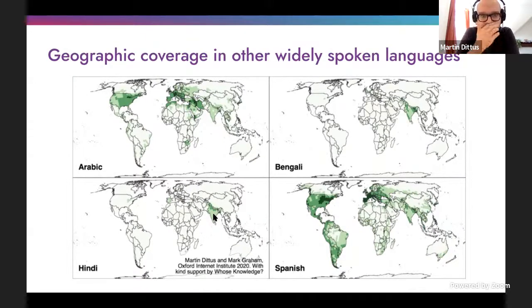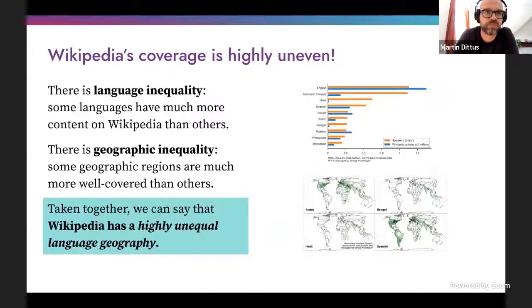focused on places where Bengali speakers and Hindi speakers predominantly live, but there's very little content about other places in the world. And with Spanish, again, we see this very characteristic distribution. Wherever Spanish speakers live, that's where we also see a lot of Wikipedia content. That's something very interesting to observe. So it's the language communities maybe satisfying their own needs and describing their own world. That's a good thing. And the question maybe for Wikipedia is, do we want content about Brazil in Bengali? How is that something that we want to achieve?